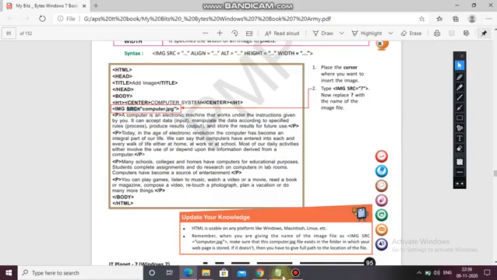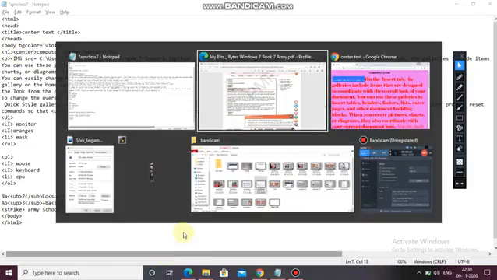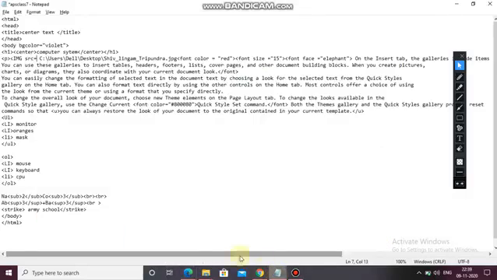So here we have to write SRC. Okay, img src equals to this one. Now the name of the picture. Here you have to give the whole path because the picture is on the desktop. Clear? Now Control S.